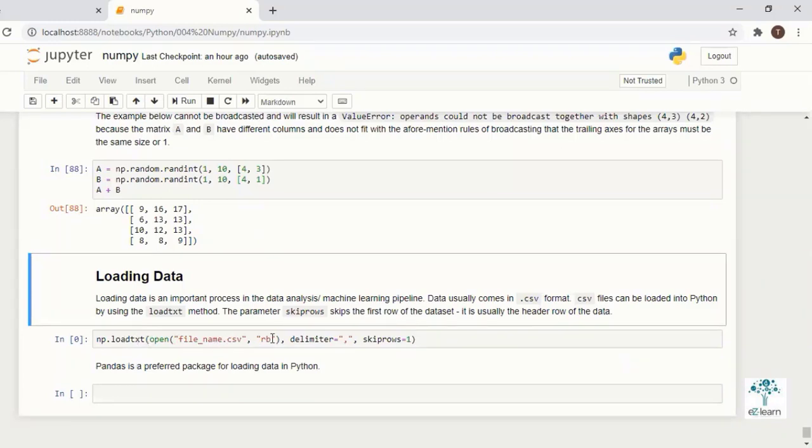Normally we store data in a CSV or text file, and we can load those data in NumPy with this command. There is a skiprows parameter, and when the file has a delimiter, you can specify the delimiter character. Skiprows is useful because if you have data in a text file, the first row is normally a header, so we can skip the first row.